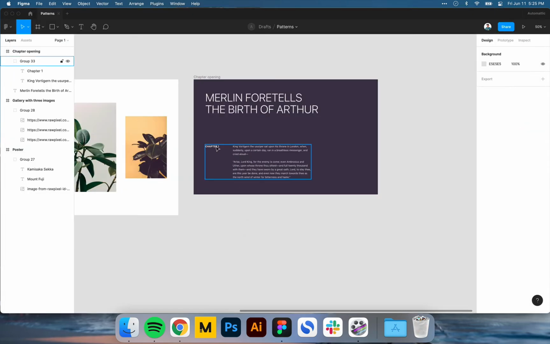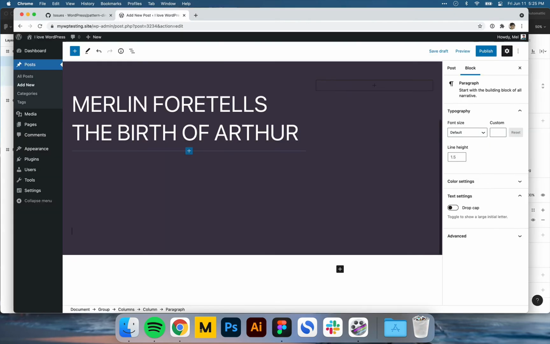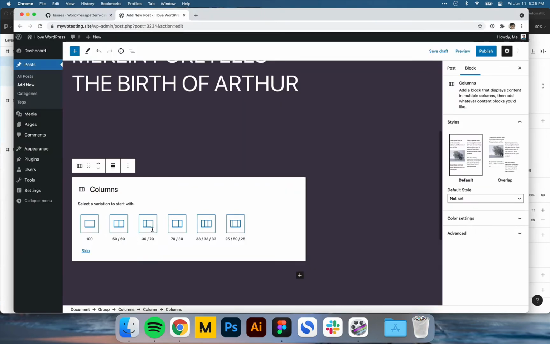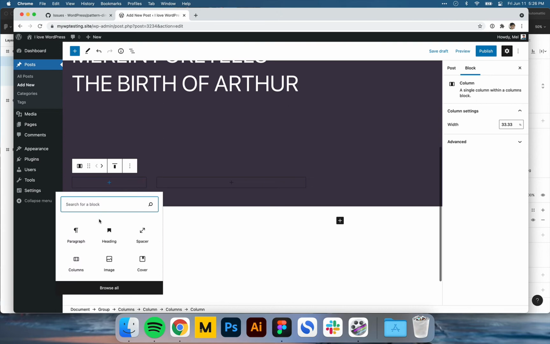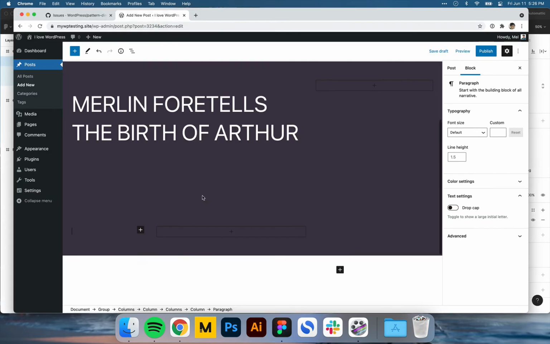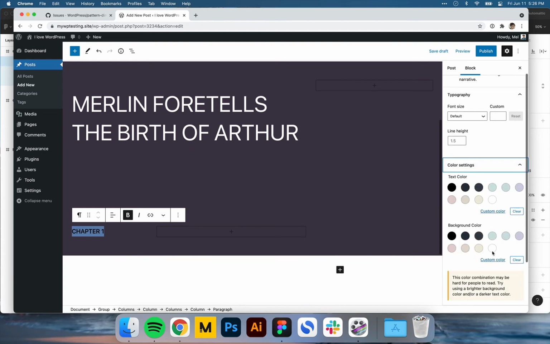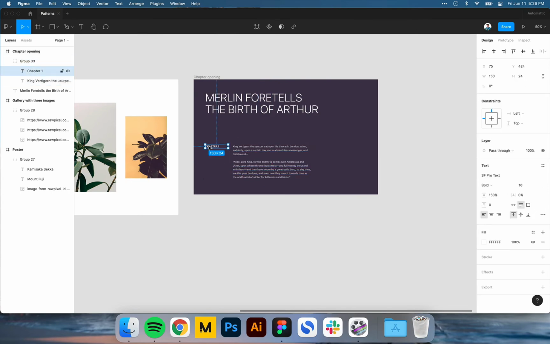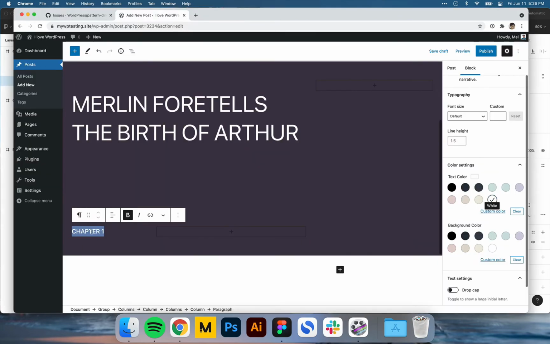And so now we have another 2 columns. So we'll do a columns block. This one is probably about 30-70. Add a paragraph here. Chapter 1, bold, and white text. So let's see, both of these are 16 pixels. I'm not sure what the theme is offhand. It looks like it was 18 or higher.